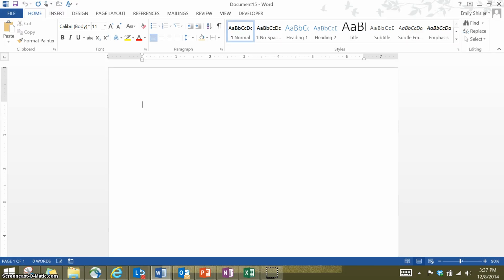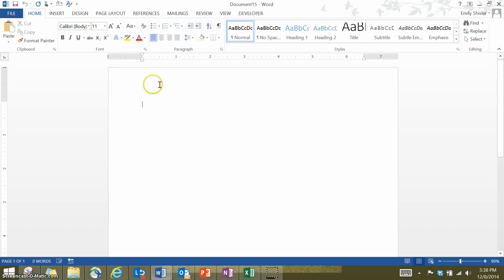So again, here's a hopefully quick video about how to format the actual page itself for your exam to make sure that you are using the proper spacing, etc. The first thing you're going to want to do is set the proper margins for your paper. A proper margin is 1 inch all around, so 1 inch at the top, the bottom, and both the left